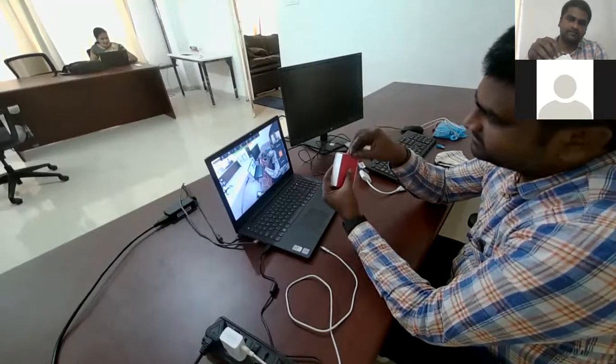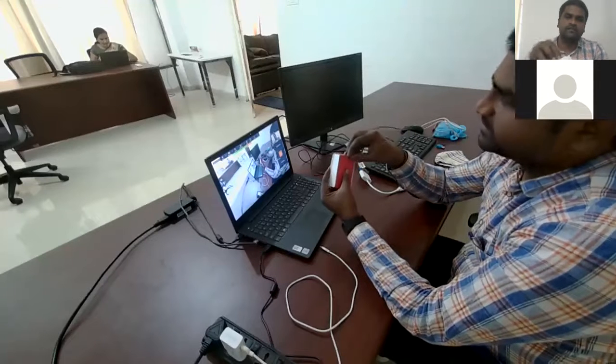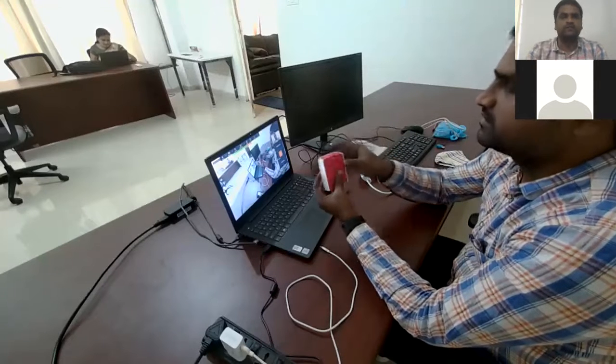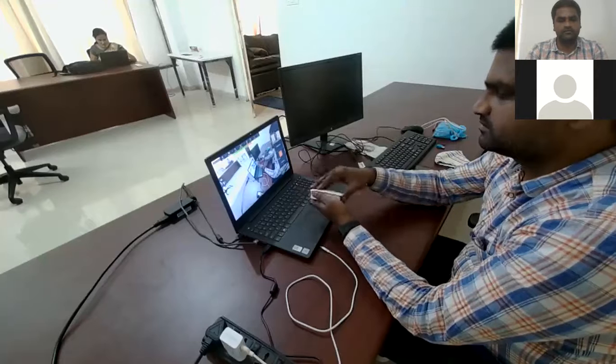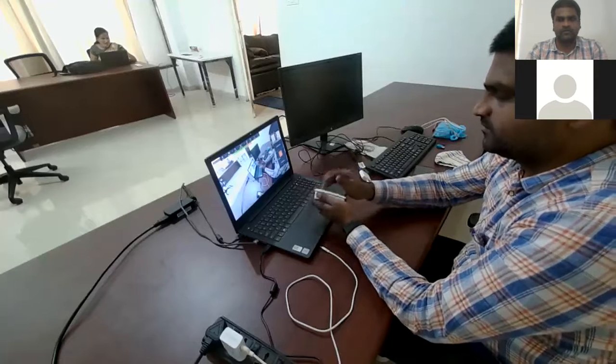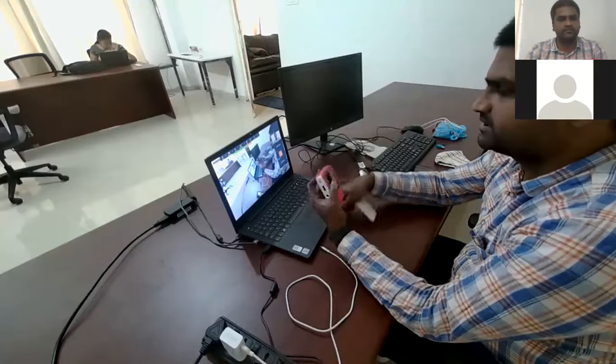On the back side, like this. So we know all the components of the Raspberry Pi, right?